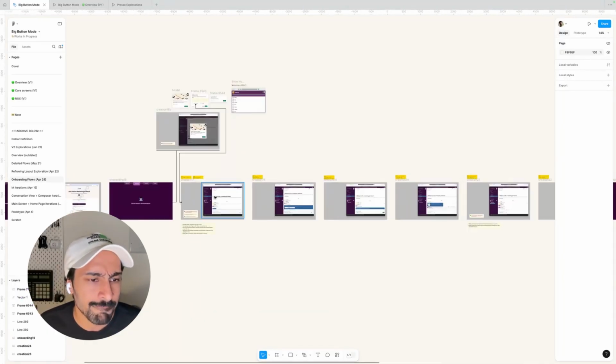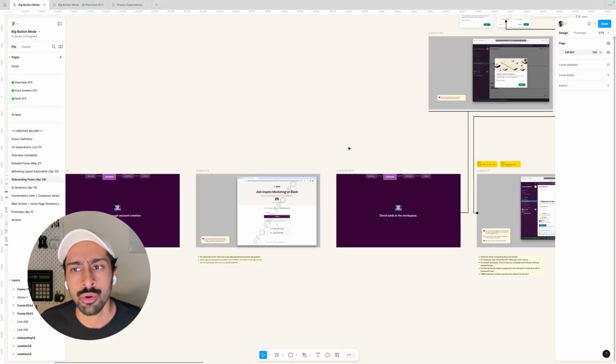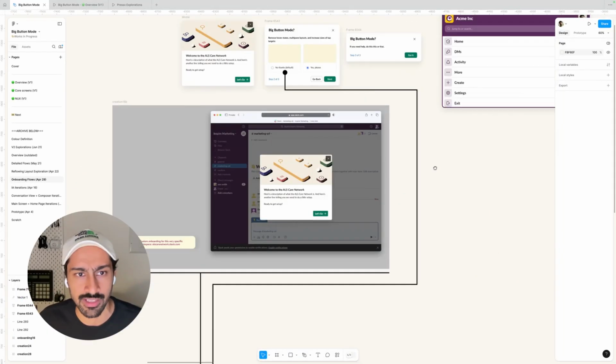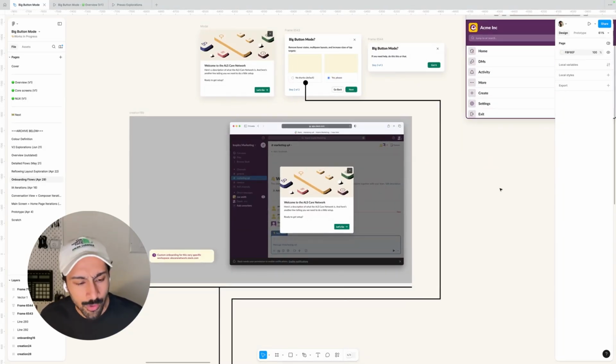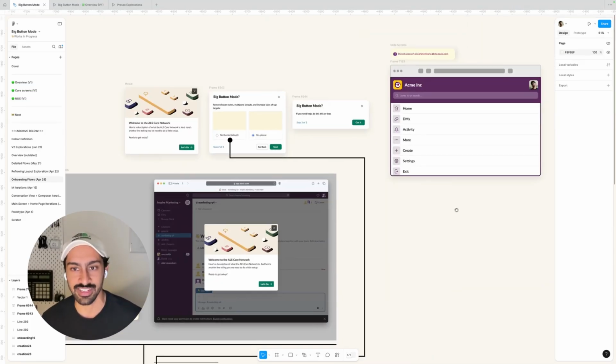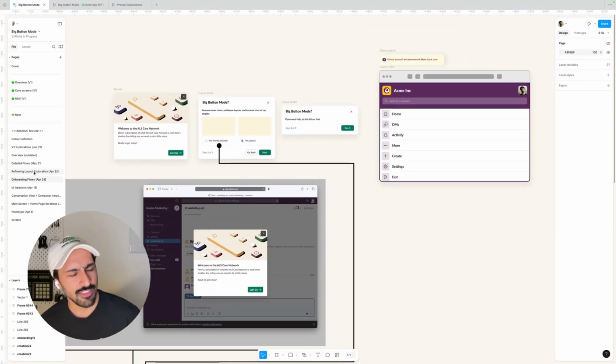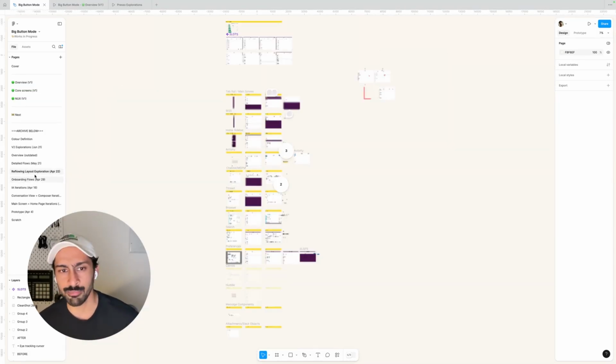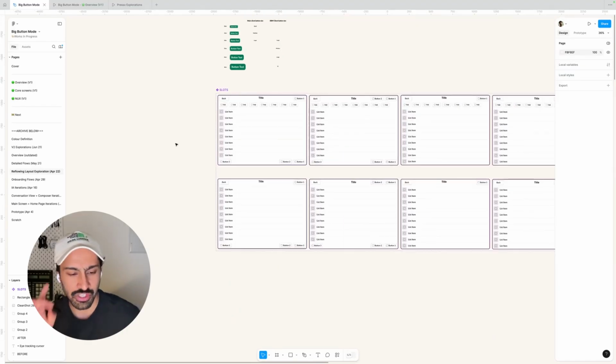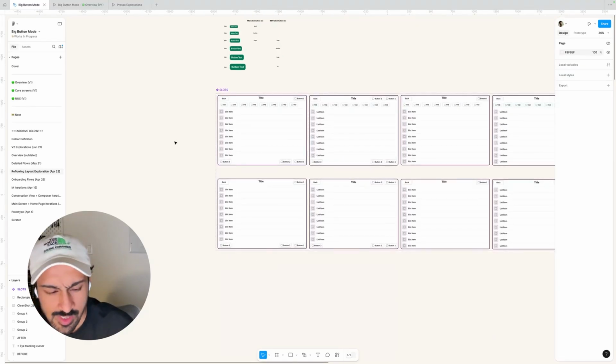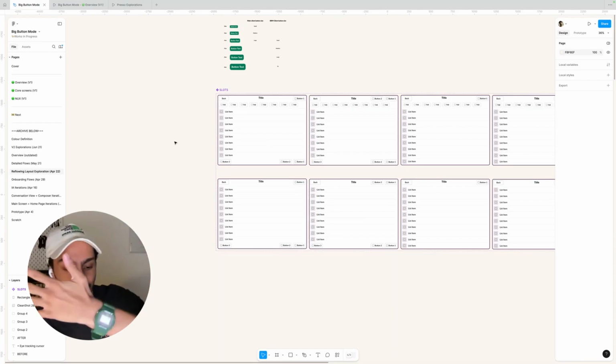I thought about how a user joins this ALS workspace for the very first time. How do we prompt them to turn on big button mode, as we were calling it back then, and try Slack in this different mode? And then I took some time to think about, is there a world in which I could create a slot-based layout that I could reflow any view of Slack into?